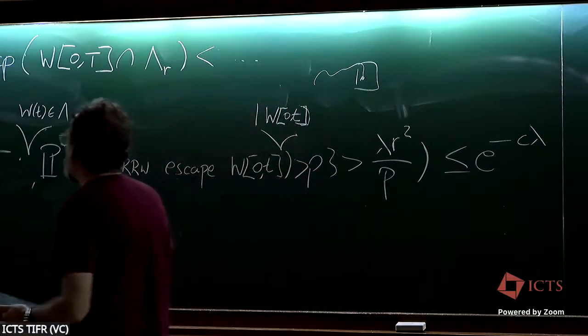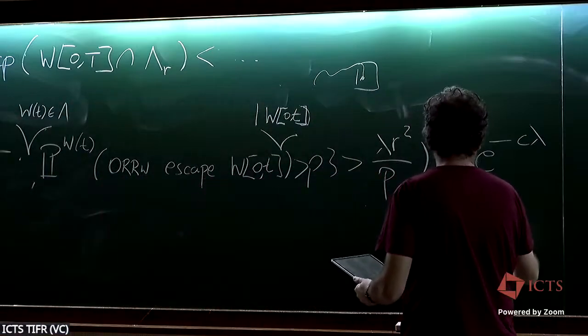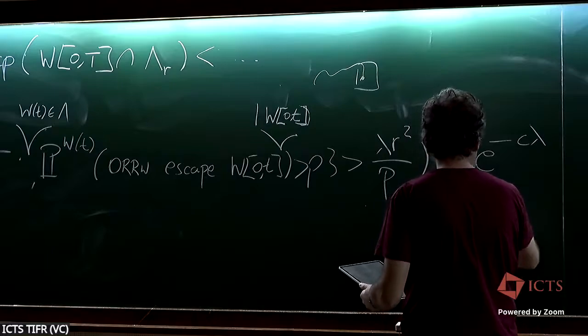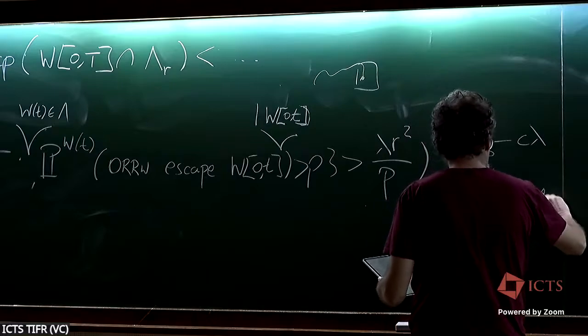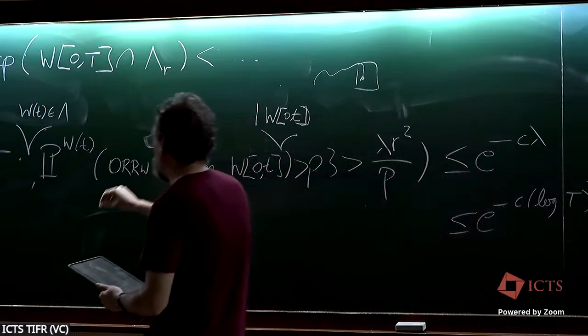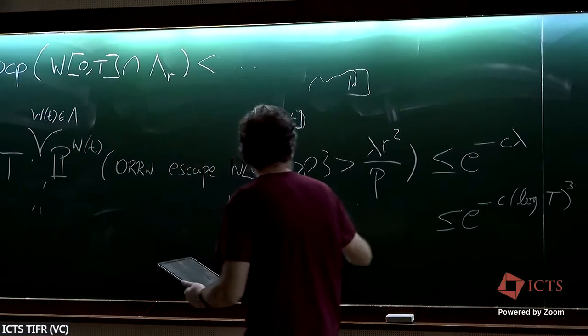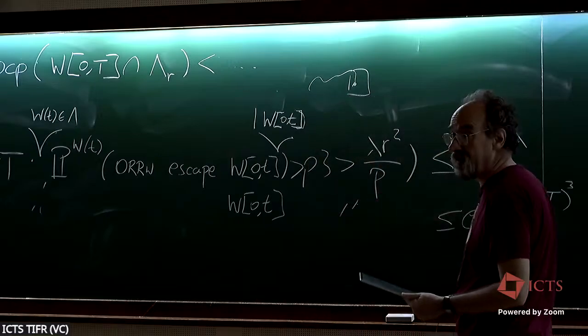Now, once you've agreed to that, there is not much to do. You use that with lambda equal to log cubed t. You need to increase the probability from step to step. So you get the probability of the same thing, but with lambda equal to e to the minus c log t cubed. Now let me only copy the W of 0 to t of all this formula, and notice that if this holds,